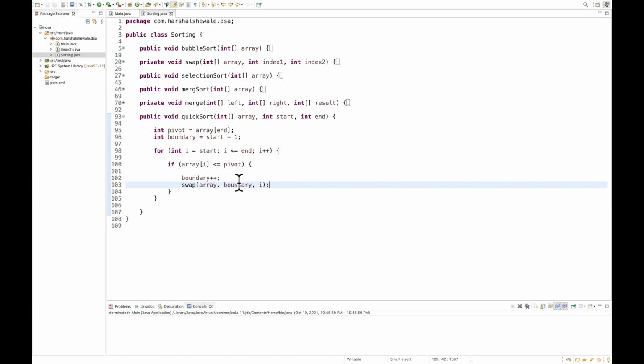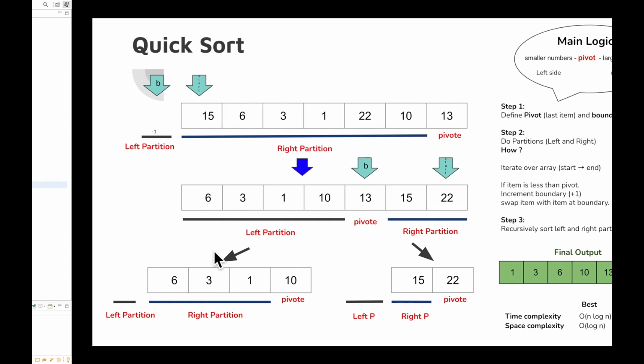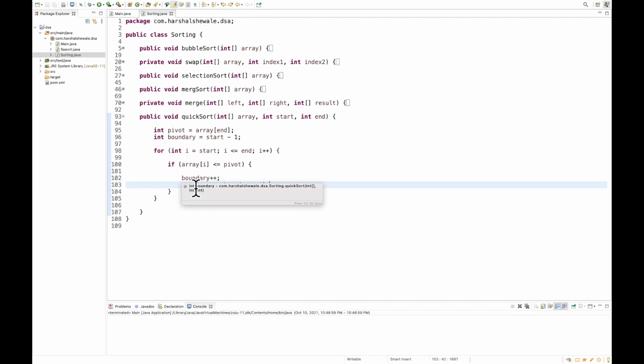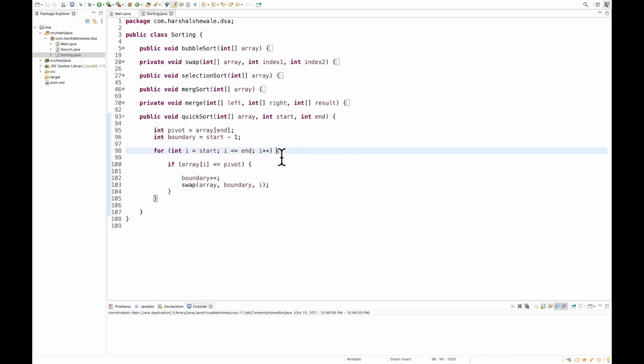So remember one thing. What we did is just the code for this first iteration. After this code, we are going to have this array. The pivot will be at the correct position, but the entire array is not sorted yet. We have to call the same code recursively. And when we call the code recursively, we need that code wrapped into a method. So that will be easy for recursion to just call this code again and again, right? So instead of writing code inside the main method of quicksort, let's copy all this code and put it into another method.